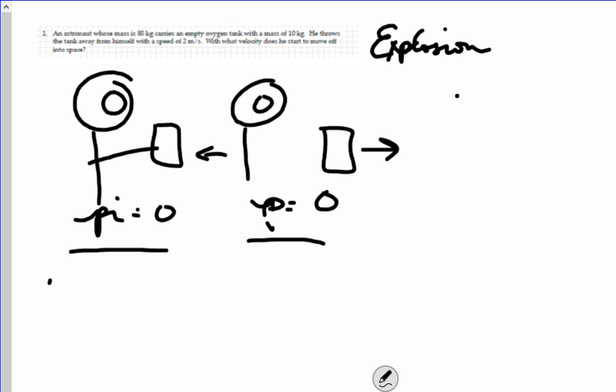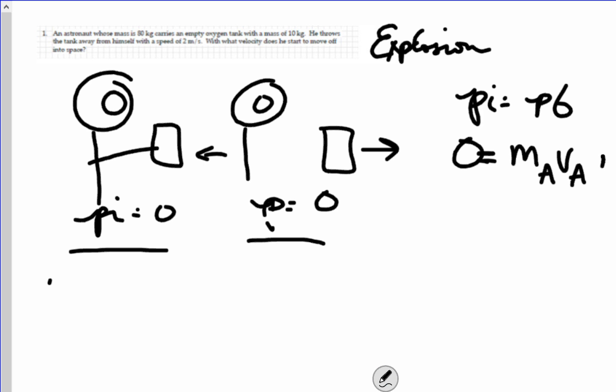Now I know some of you like to use charts when you do this, but I like to do it as a giant algebra equation. It ends up working out to be the same thing. So zero is our initial momentum. The final momentum is going to be the mass of the astronaut times the velocity of the astronaut plus the mass of the tank times the velocity of the tank. And if you're doing it algebraically, I definitely want to see it like this. I want that zero on the left,